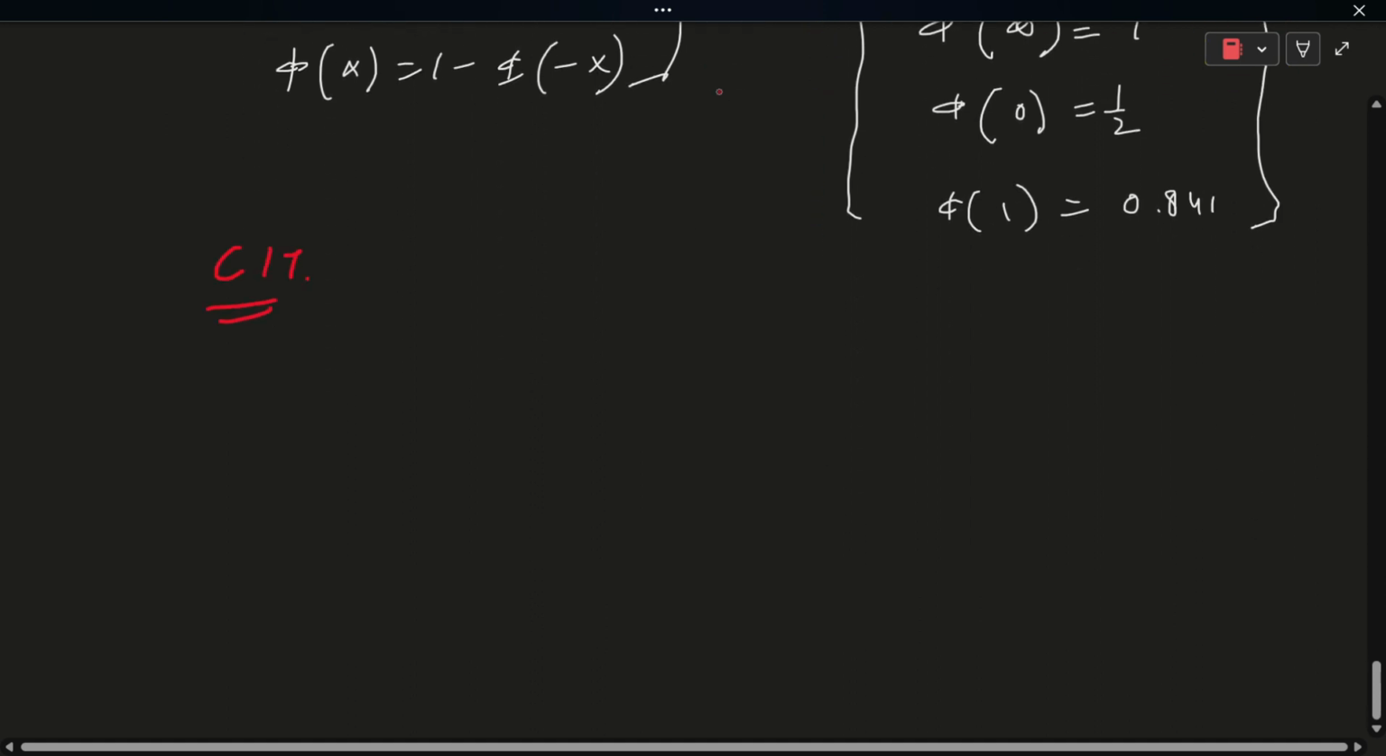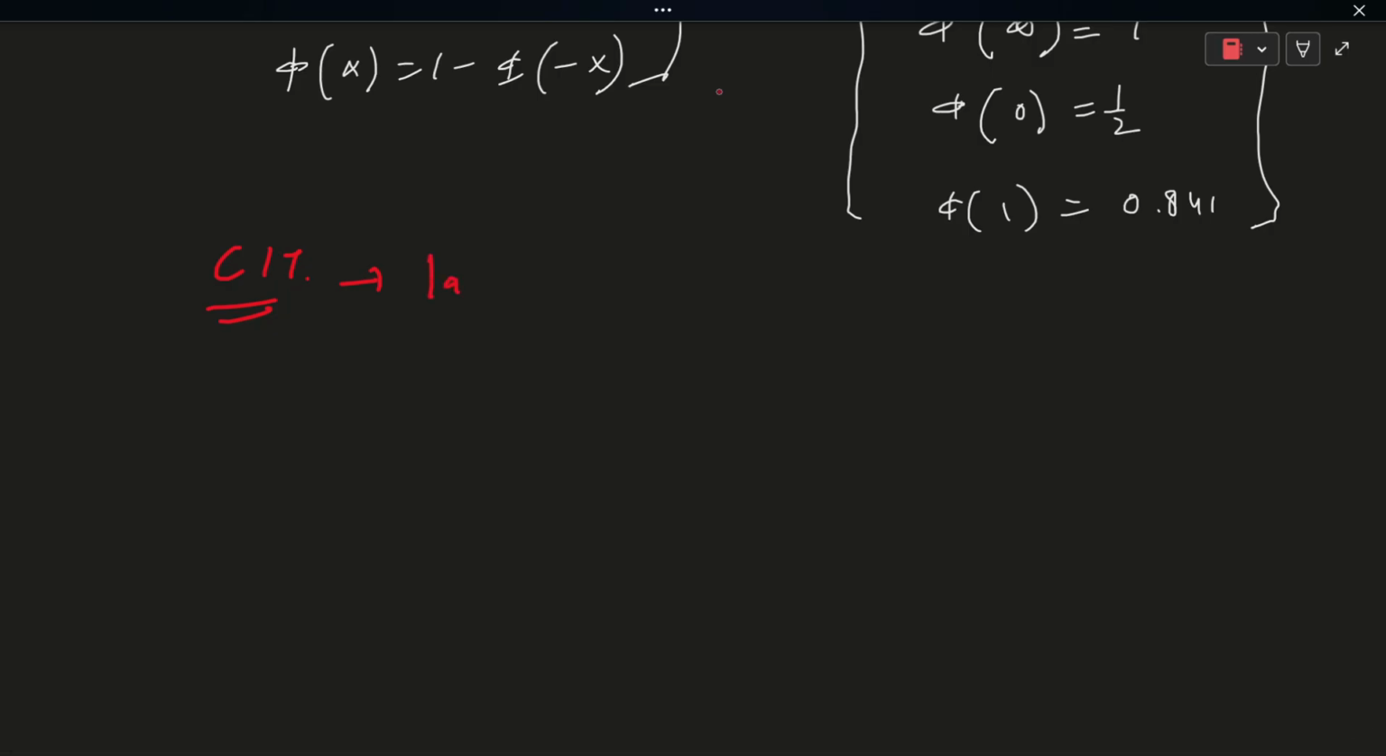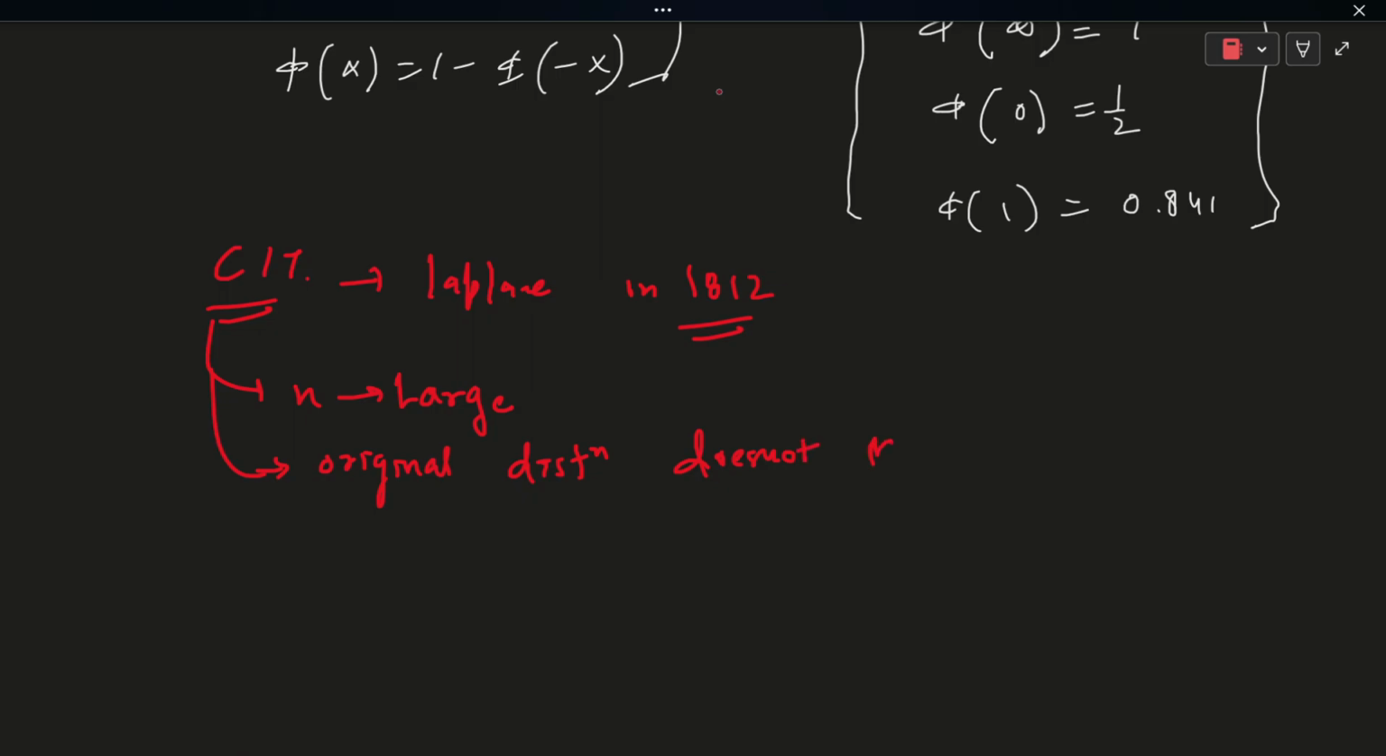नाउ why CLT? Why CLT? It was given by Laplace in 1812. See, इससे हमारे पास कैलकुलेशंस कितनी इजी होती है वो आप अभी क्वेश्चंस के थ्रू देखोगे। And this is applicable when n is large. Central limit theorem is applicable when n is large. And we will use CLT when original distribution doesn't matter. कोई भी डिस्ट्रीब्यूशन हो, सेंट्रल लिमिट लगा के हम अपनी वैल्यूज को फाइंड आउट करेंगे।